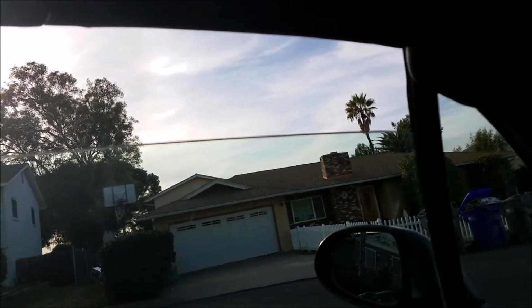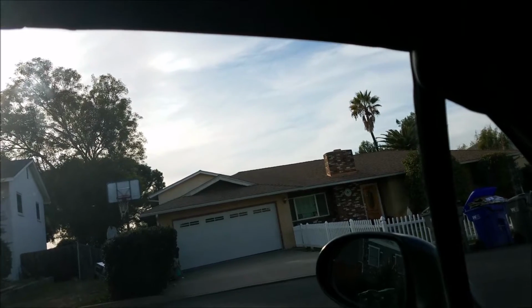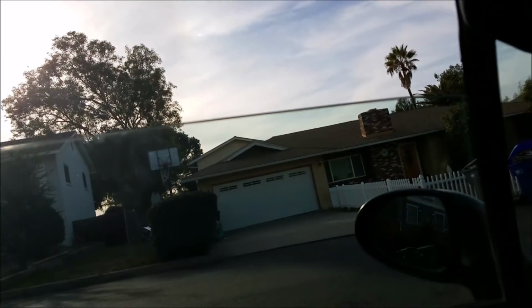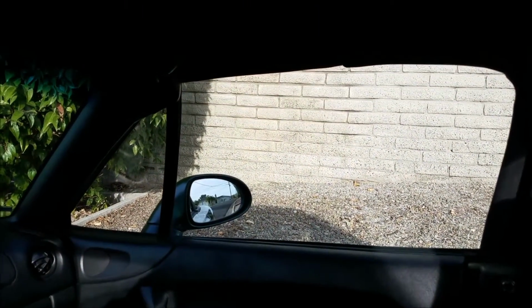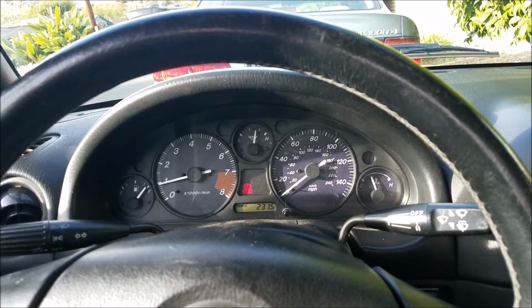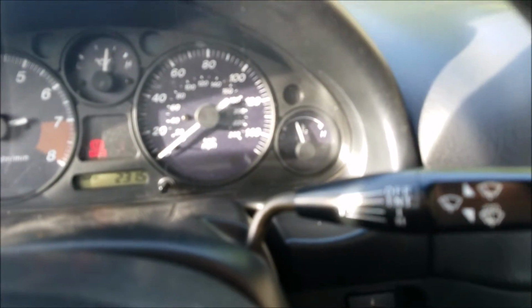NBs are known for having window regulators that like to go out, and this happened just the other day. Yeah, I know that's a common problem. I'm hoping it'll be a fairly simple fix. The other side works just fine for now. I'll probably likely do both regulators just so I know that they're both good to go. But overall, she's been running good, and it looks like we're just about warmed up, so let's get a move